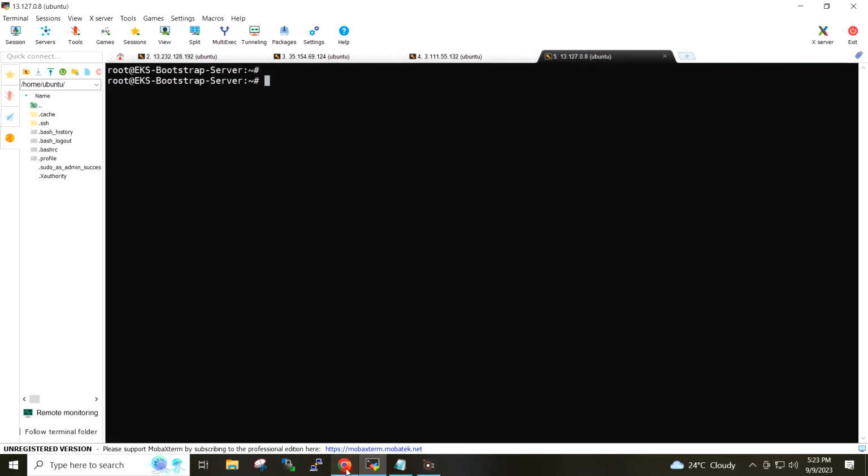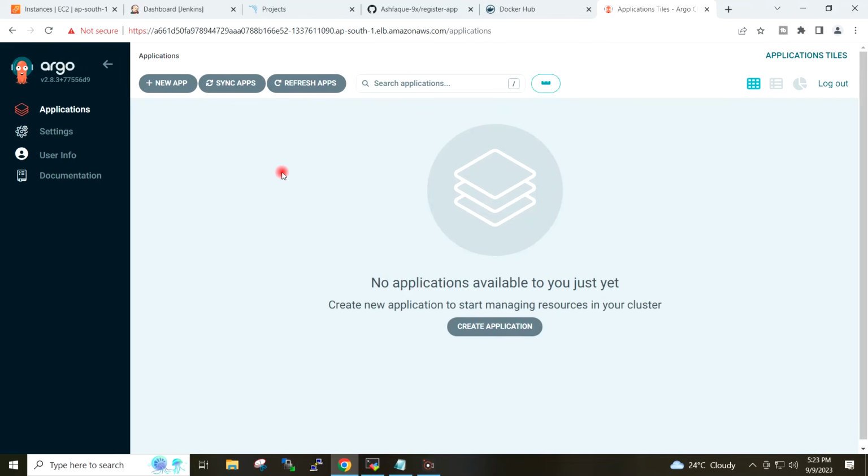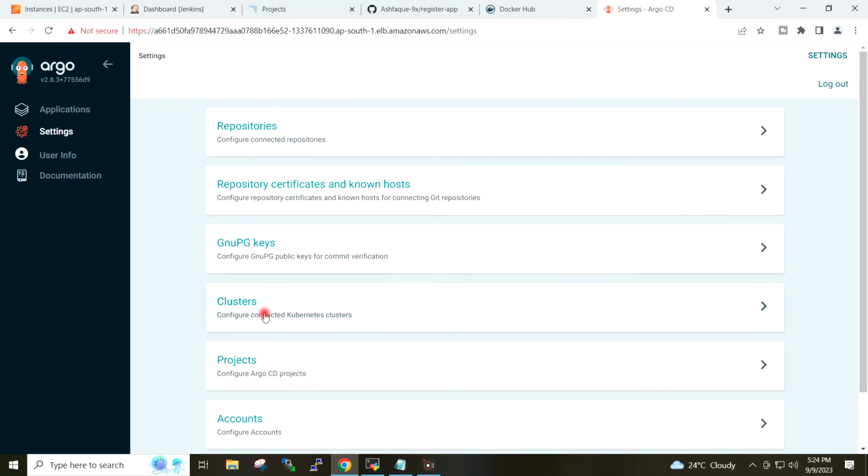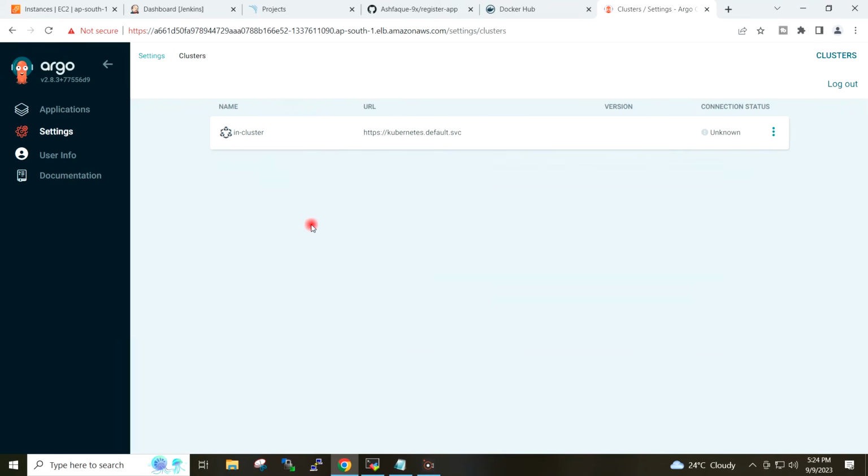If I go to Argo CD dashboard settings cluster, under the Argo CD we have only one cluster as of now, which is the default cluster of the Argo CD.